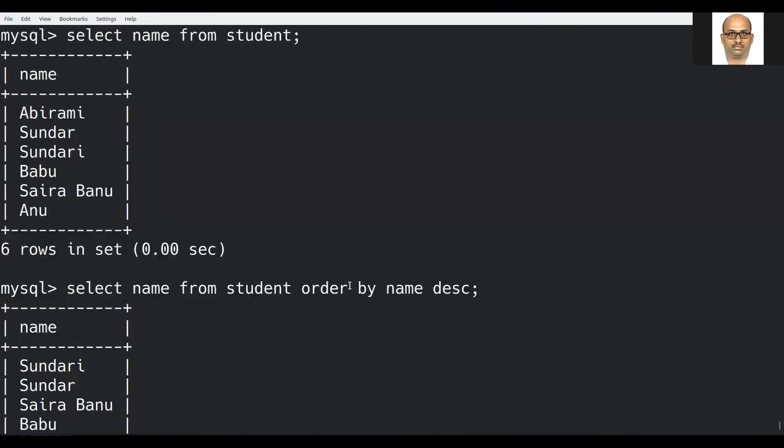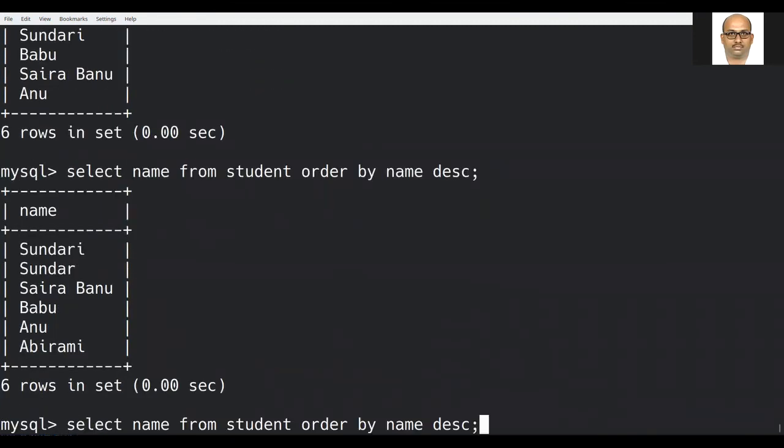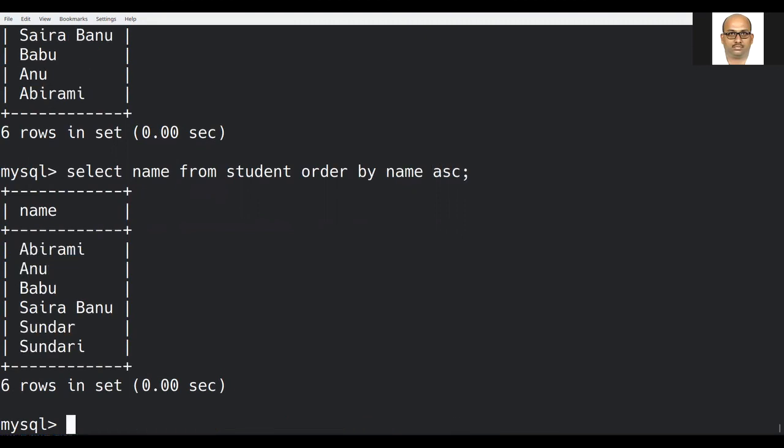People will try to use ASC here. It is not showing an error. When you want to sort the given set of records in ascending order, people use this word ASC. If you use it, you get the same answer. Even if you do not use it, you have the same answer.